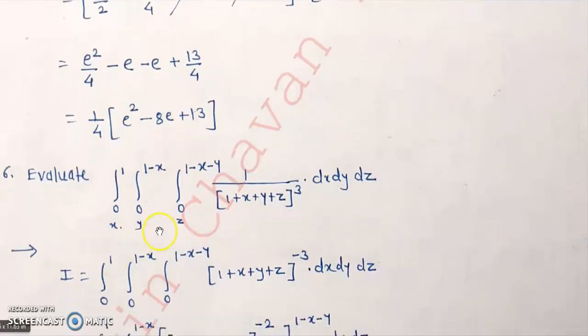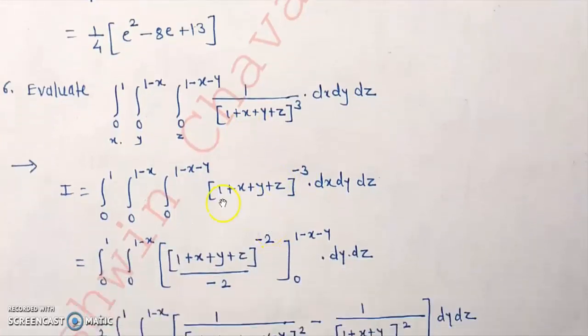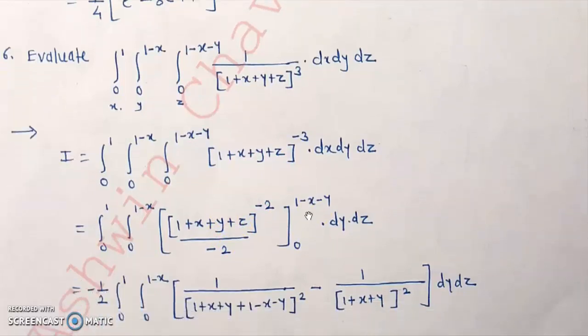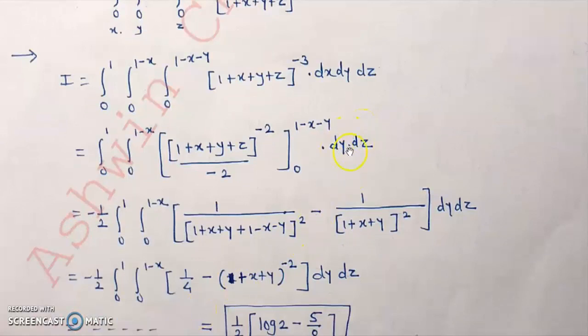Okay, so if you write this bracket term in the numerator with raised to minus 3, it is easy to integrate. Let's see here. So with respect to z, bracket raised to minus 3 integral is bracket raised to minus 3 plus 1 upon minus 3 plus 1 into bracket derivative, which is 1, that's why only raised to minus 2 upon minus 2 in the limits 0 and 1 minus x minus y. Okay, one thing here, this is dy dx, consider this as dy dx, not dy dz. Here as well dy and dx.